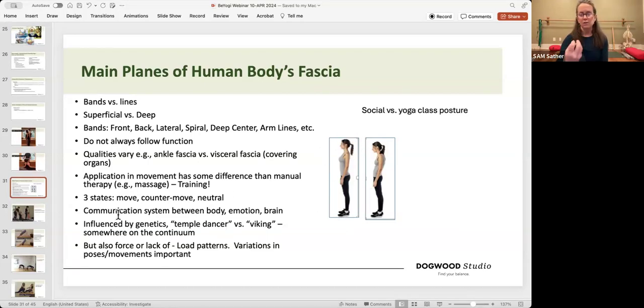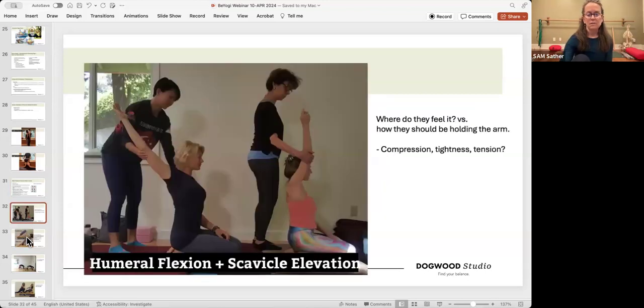And then again, fascia is carrying the emotions as well. But there's just some other fun things. This is two different individuals with compression and how their arm sockets are very different. These are good friends of mine. So when you tell someone to hold their arms a certain way, like way over your head and pointing straight up, are they unable to do that because they're bumping into their arms, for example?